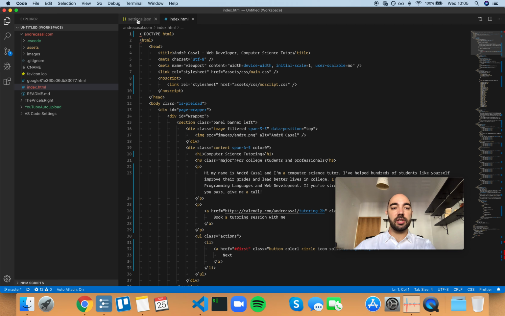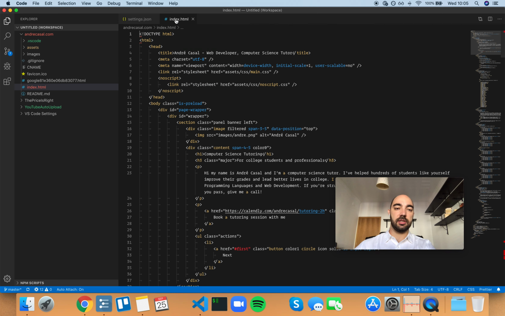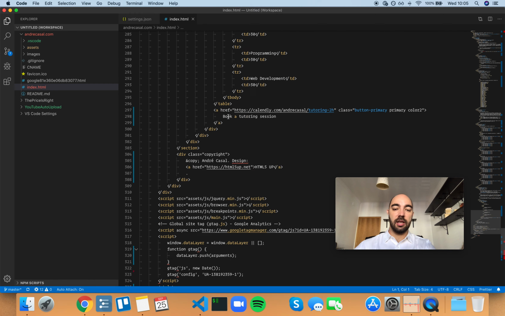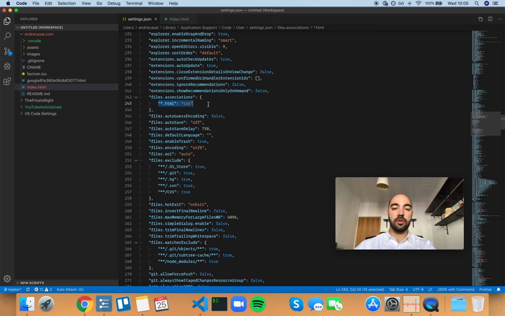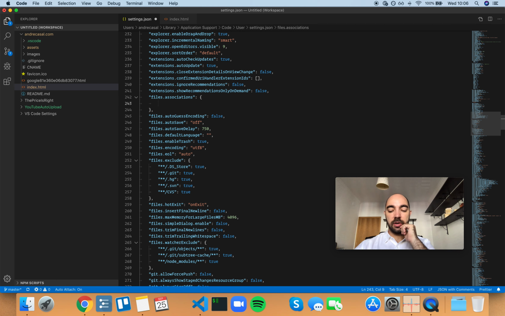So VS Code now interprets all HTML files as if they were CSS files, and you have syntax highlighting and all that good stuff. Obviously, you shouldn't do what I just did, but this is useful for a number of reasons. If you have custom extensions that you're using, and there are quite a few,